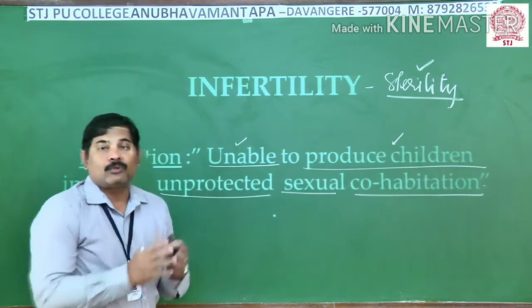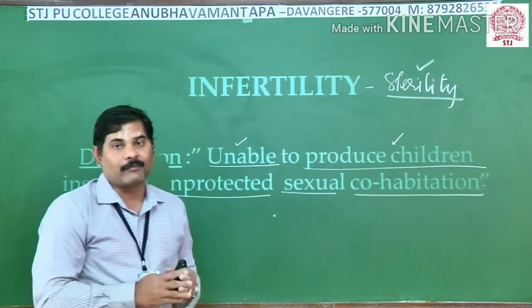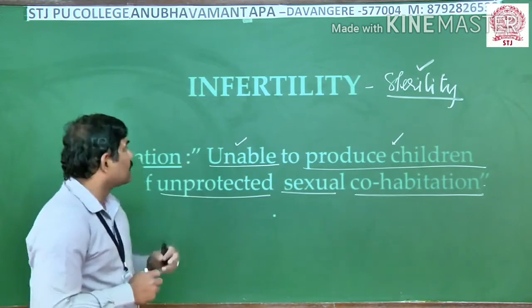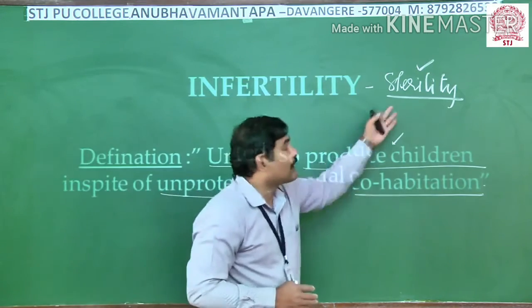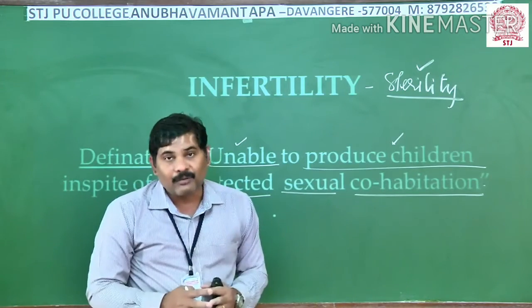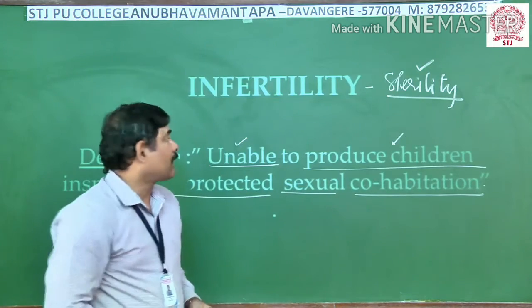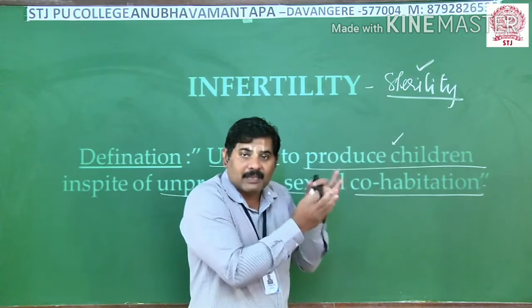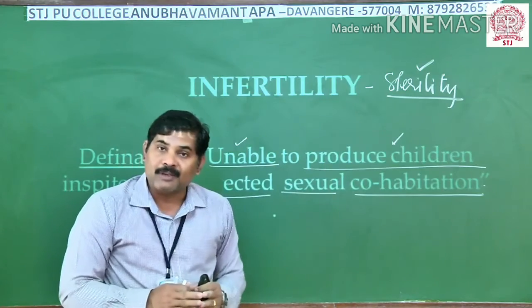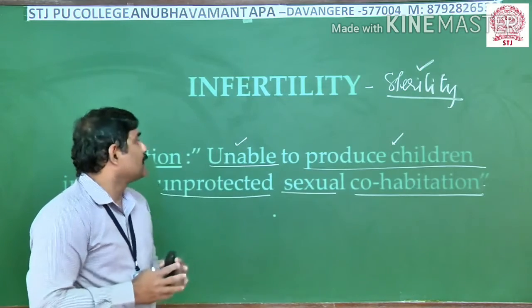Infertility: if you give a treatment to a couple, or if you give a certain kind of assisted technologies or techniques to them, the couple are able to produce children. That particular condition is known as infertility. Then what about sterility? Even after the treatment is taken by the couple, even after some assistance is given, if they are not able to produce children forever, that particular condition is known as sterility. This makes the slight difference between the two. And don't feel that infertility and sterility are similar terms. Right. So this is all about the technical definition under the infertility concept.